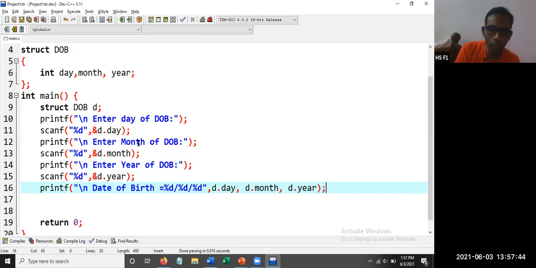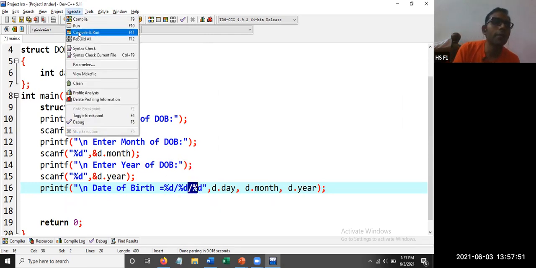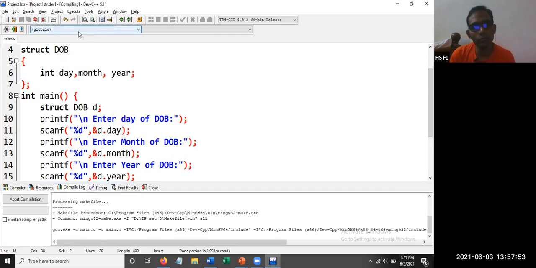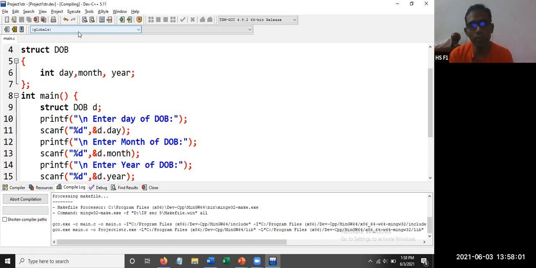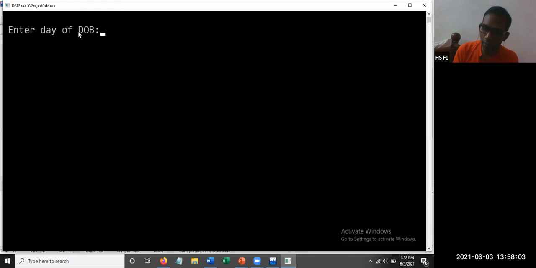Okay, so we got all the three variables. So what we are doing here, we are printing with a slash symbol. Okay, so compile and run. This program is implemented without using pointers. So we got date of birth.